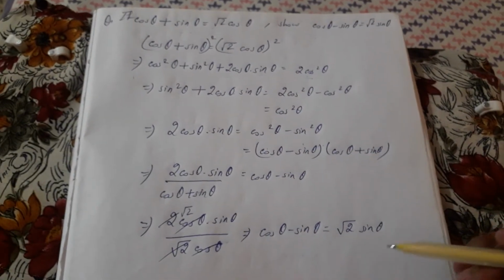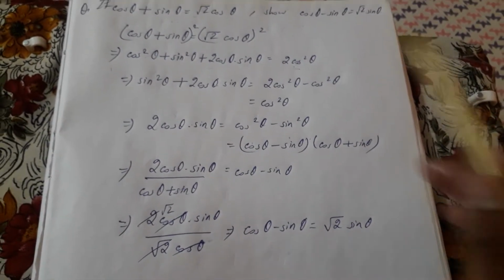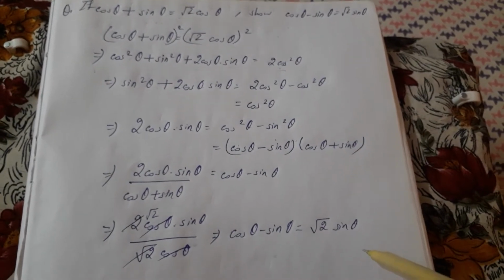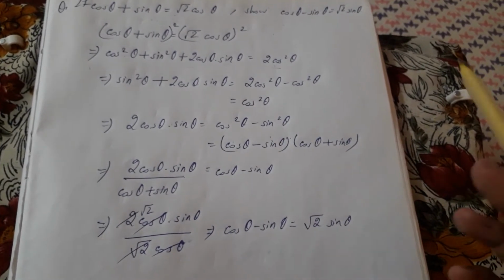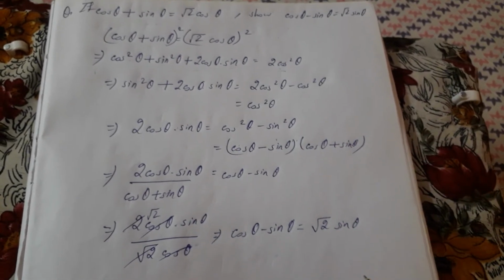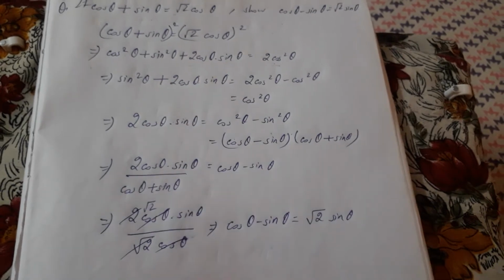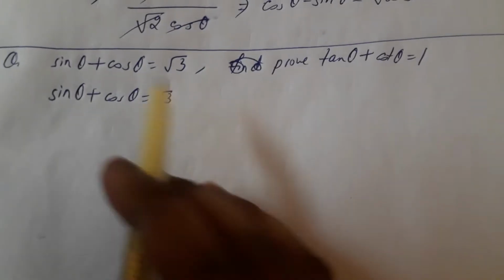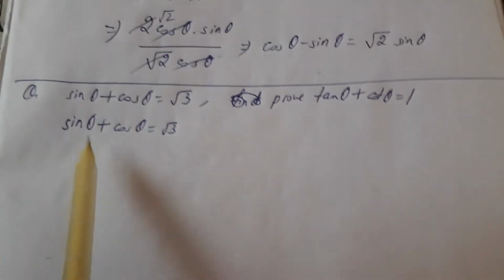See, in many books you will find this proof in a very lengthy way, but you don't have to waste time in your examination. So please do it this way. This is the very shortest way to do this maths. This is very interesting. Simply square both the sides, then the maths will be automatically solved. Okay, now see a similar sum based on the previous technique.